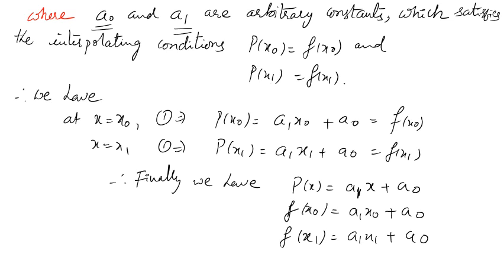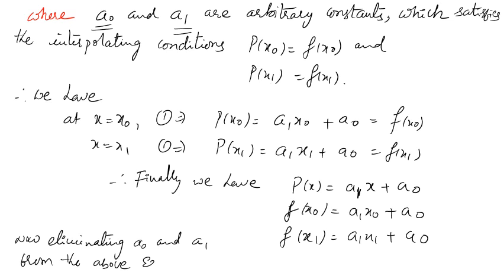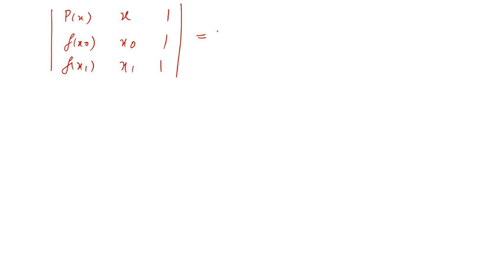Now, eliminating a0 and a1 from the above equations, I am using the determinant method. From the first equation, the coefficients of a0 and a1; from the second equation, x0 and 1; from the third equation, x1 and 1. This determinant must be equal to 0, for a solution of the system of equations. Take this as equation 2,